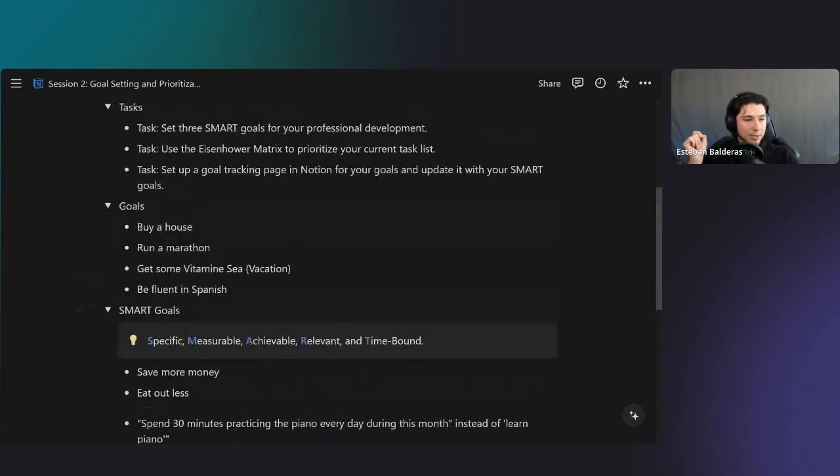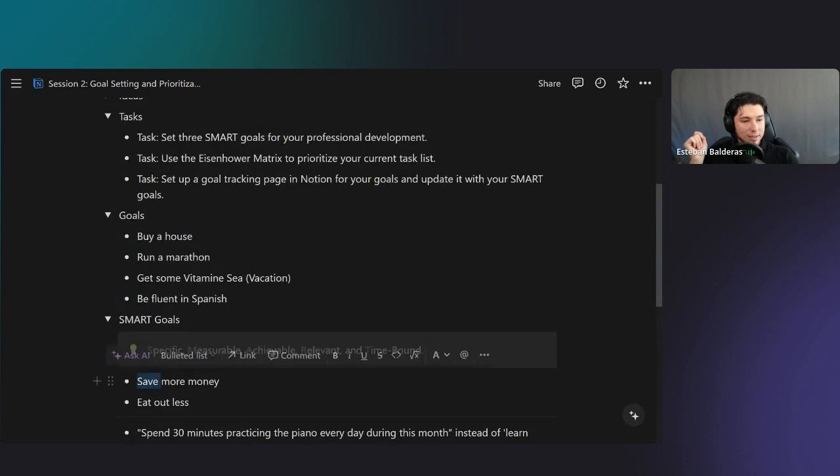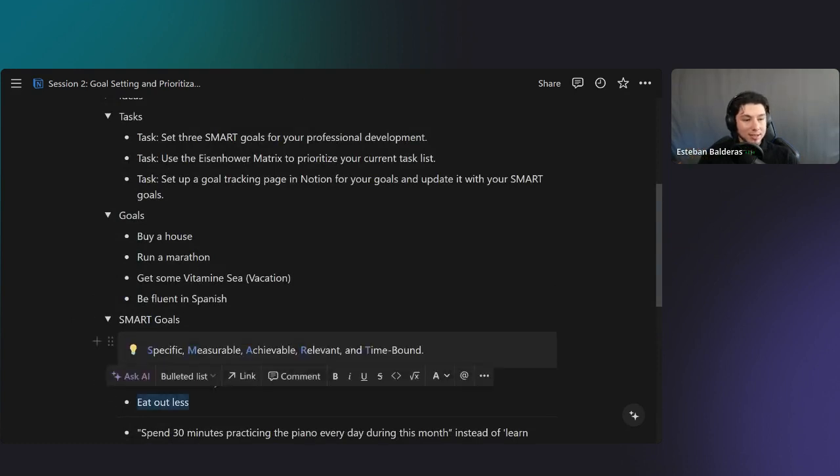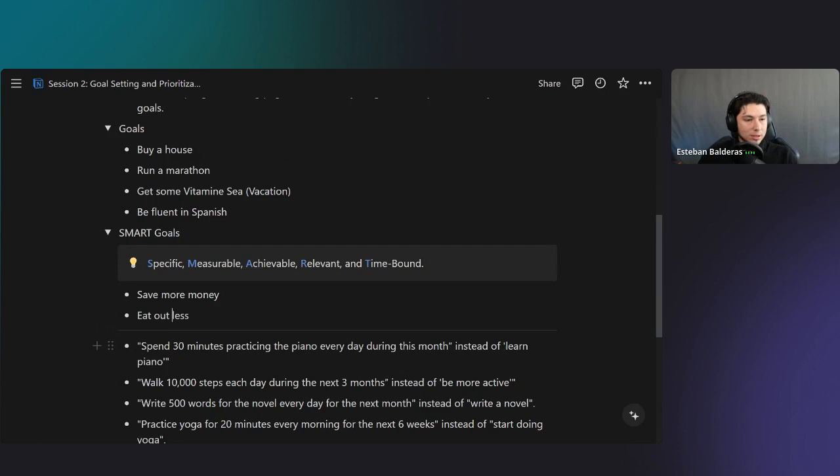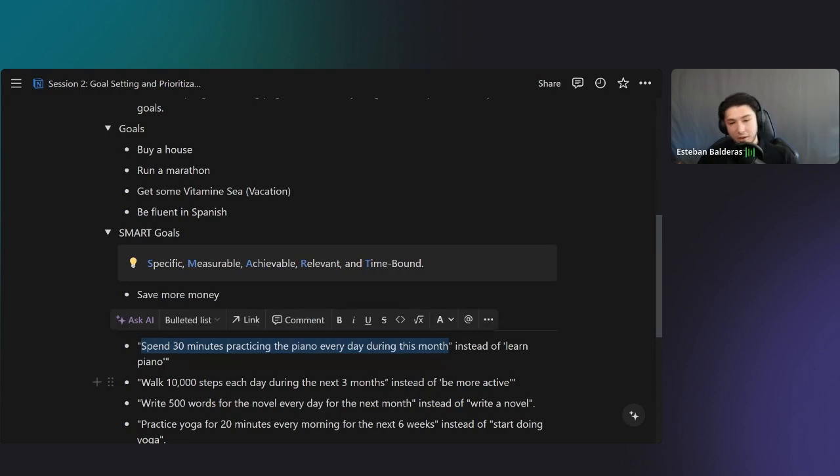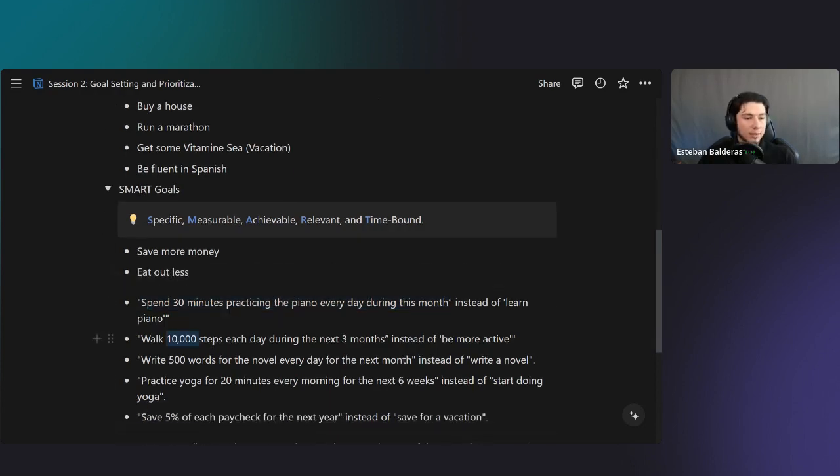SMART goals are specific, measurable, achievable, relevant, and time bound. So for example, instead of having save more money or eat out less, you may want to do some goals like spend 30 minutes practicing the piano every day during this month instead of learning piano. Walk 10,000 steps each day during the next 3 months instead of be more active,